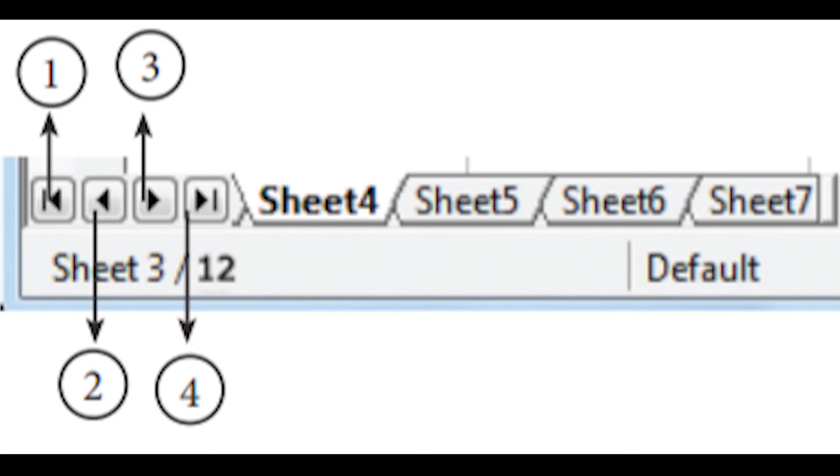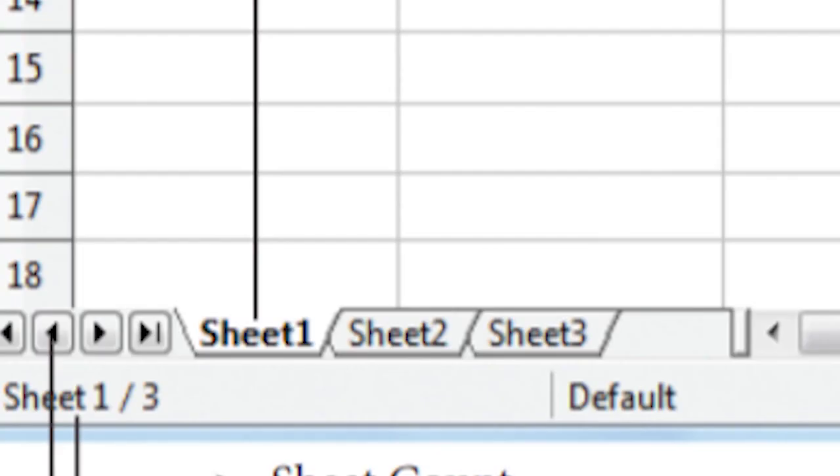Now we are going to see how to rename a sheet, right? To rename a sheet, here you can see Sheet 1, Sheet 2, Sheet 3, right? You can just double click it there, or you can just right click and rename.